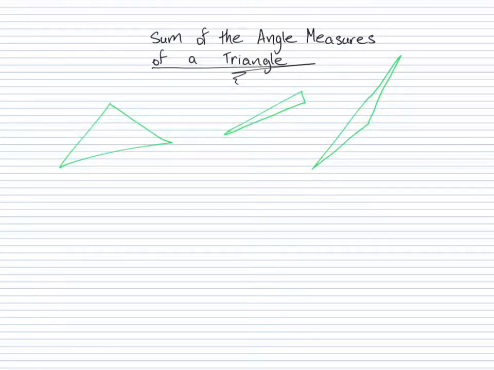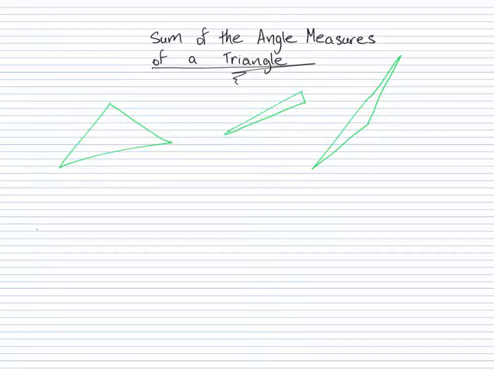Hi, in this video we'll be looking at the sum of the measures of the angles of a triangle. So you may be wondering what an angle is, and what the measure of an angle is. So we'll sum that up really quickly and then we'll talk about a triangle specifically. If we have two intersecting lines, or two intersecting rays, or two intersecting line segments, so for example down here